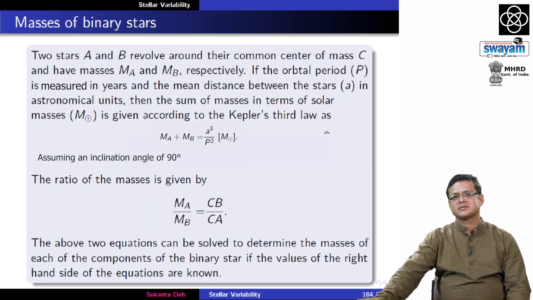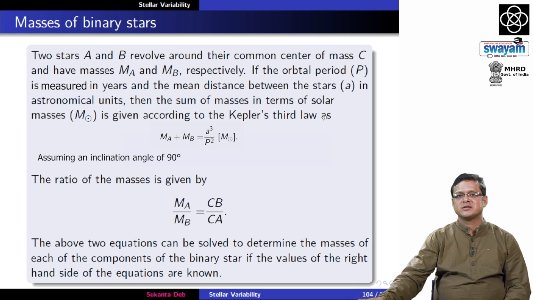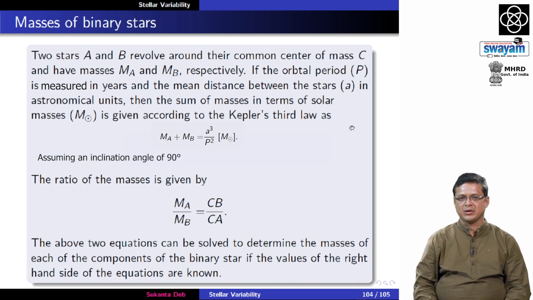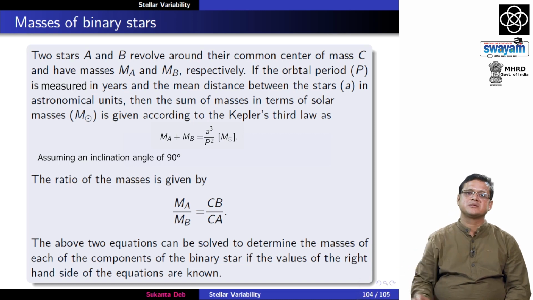So, masses of binary stars can be obtained by using Kepler's laws. If two stars A and B revolve around their common center of mass C and have masses m_A and m_B respectively, with the orbital period P measured in years and the mean distance between the stars given as a in astronomical units, then the sum of masses in solar masses is given by Kepler's third law as m_A + m_B = a^3 / P^2. The ratio of the masses is given as m_A / m_B = CB / CA, where CA and CB denote the distances of the